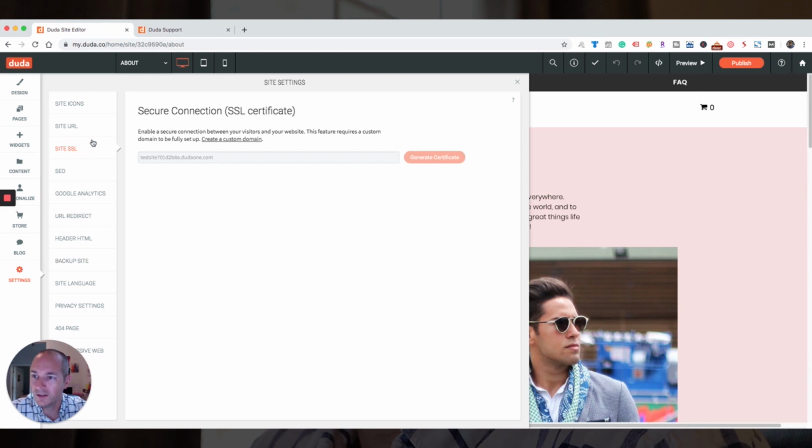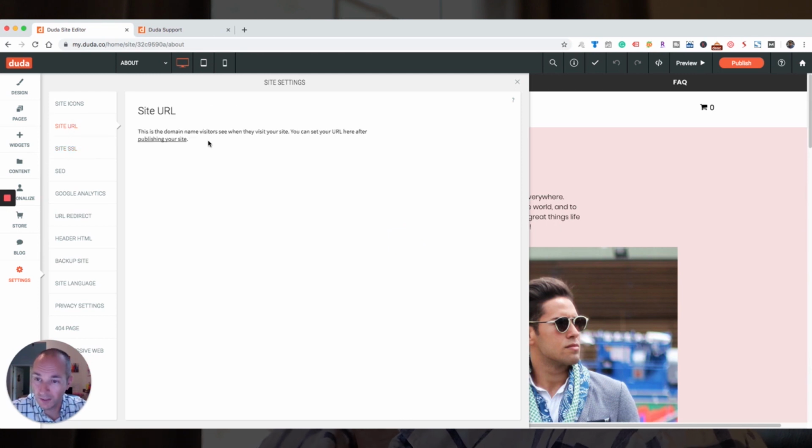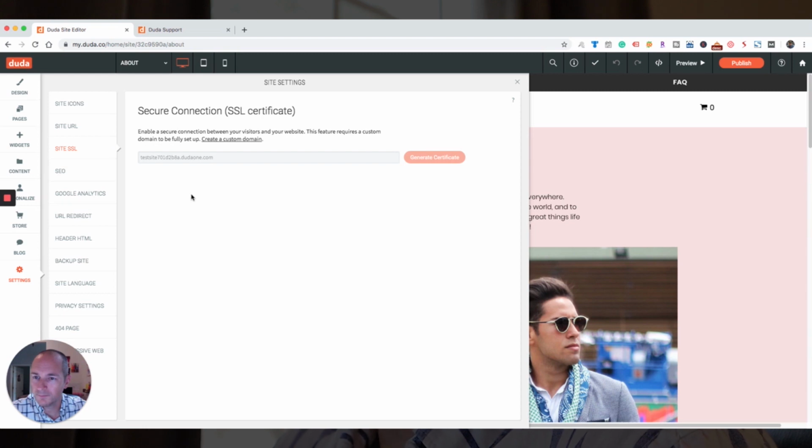I usually use Namecheap.com. That's my favorite service for buying domains. So that's one difference with Duda. You will see other platforms often offer a free domain included, and free SSL. So Duda won't include your URL domain for free. You do have to buy that separately, but it's usually $12, $15 a year, something like that, depending on what service you use. The SSL certificate is free. Once your domain is set up, you generate that here.